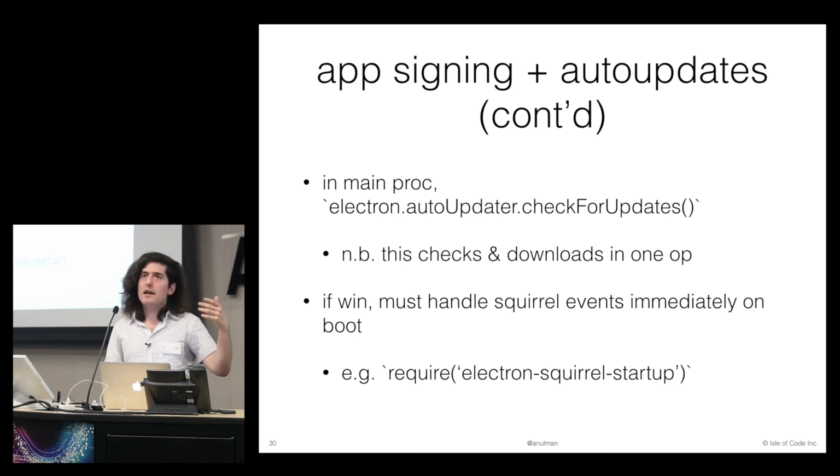We frequently manually check the Nuts server for whether or not a new update is available and then download it. If you're on Windows, you must also handle the Squirrel events immediately on boot. Squirrel will issue events saying that it's your first boot or you're running on an update, and your app needs to handle those in order to not leak memory, crash, or do worse things